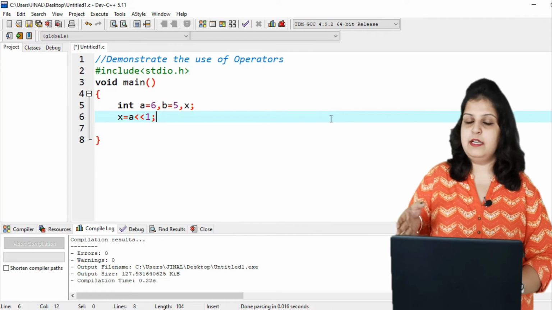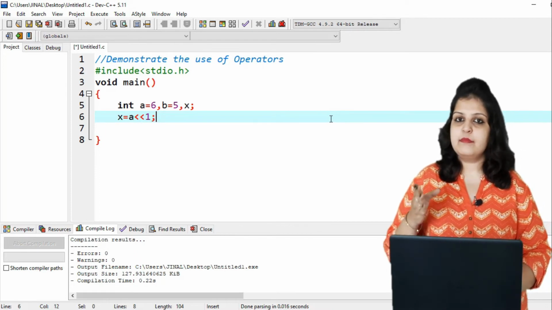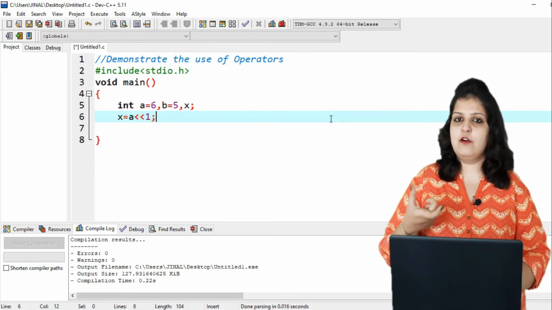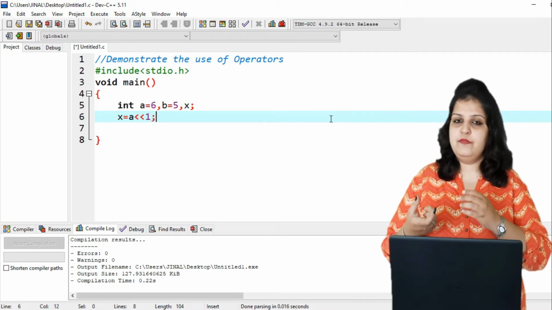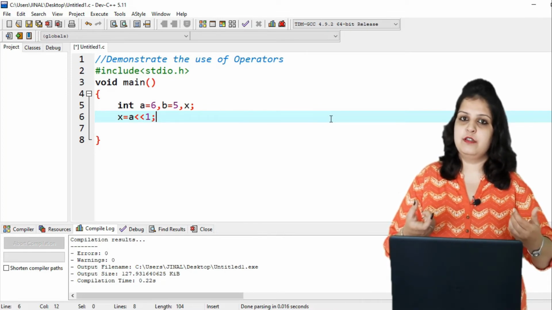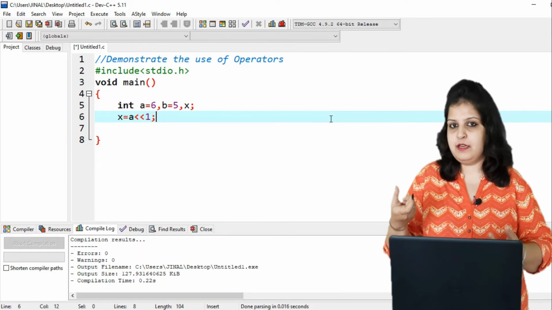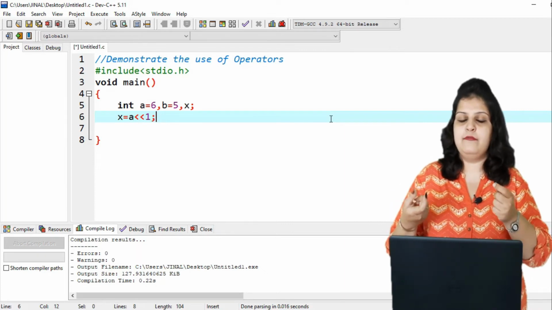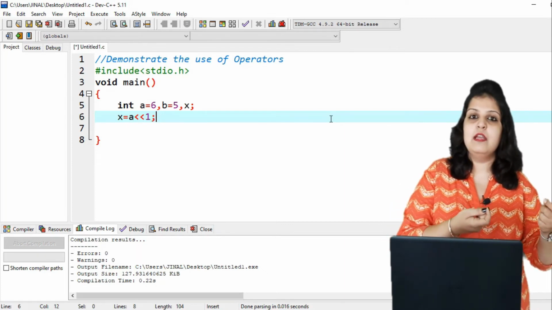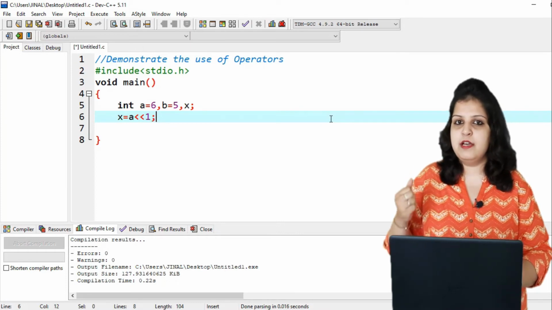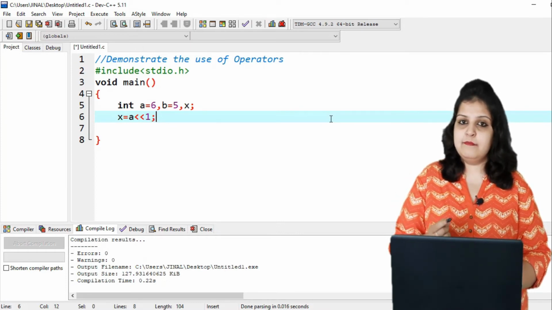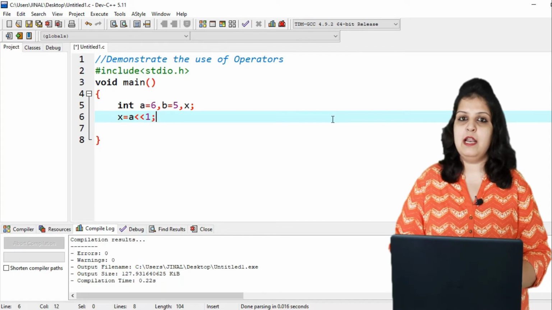So 6 is converted into binary form. Then all of these are the bits. Shift left 1 position means every bit shifts to the left, and in this way one new number is created and that number will be stored in our variable x.